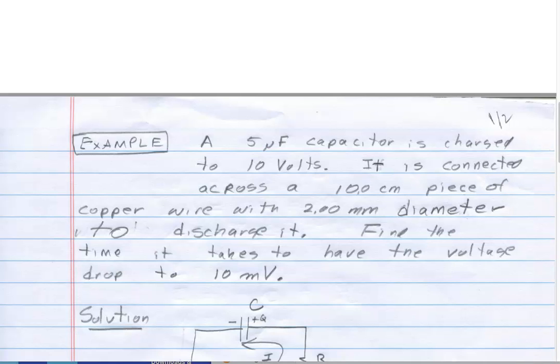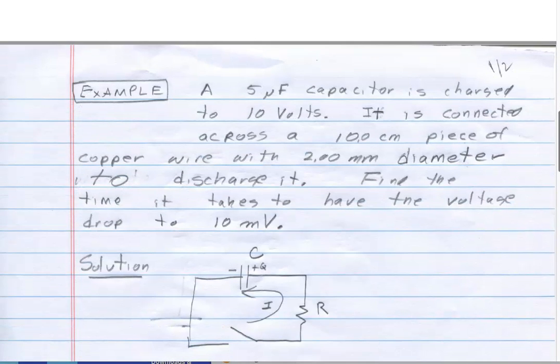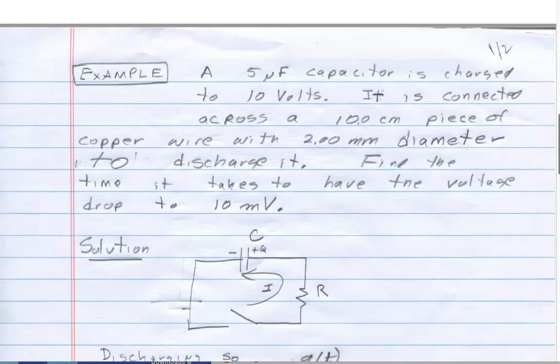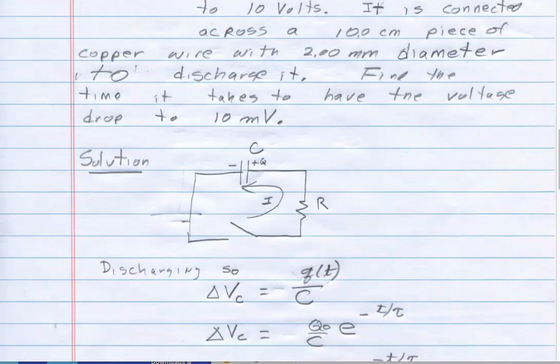So we're going to use the copper wire. And the question is: find the time it takes to have the voltage drop from its initial 10 volts to 10 millivolts. I'll lump all of the resistance of the copper wire into R. I use the usual formula that